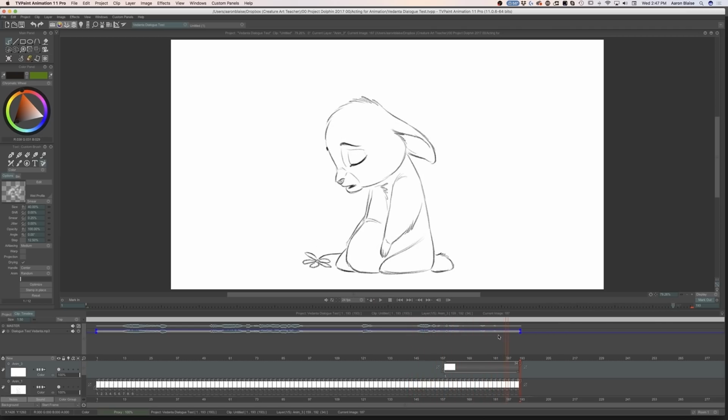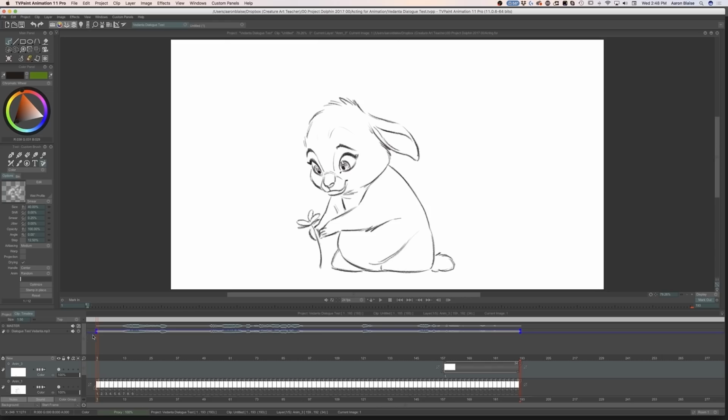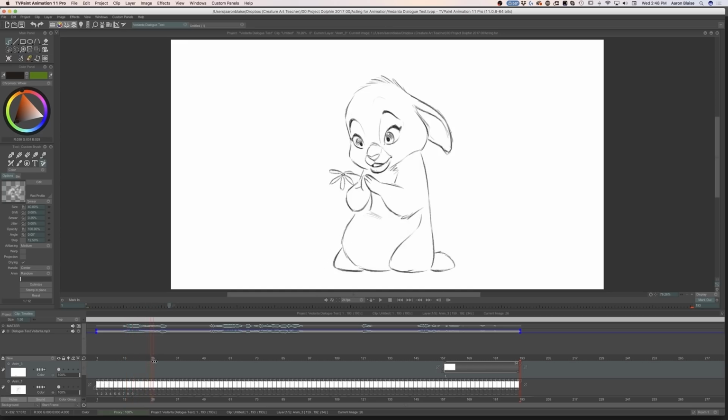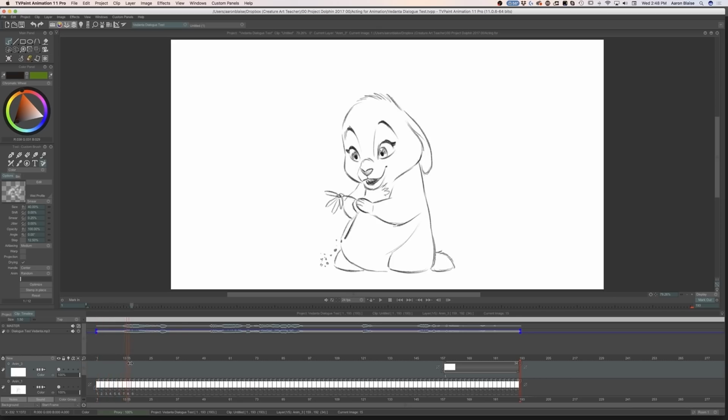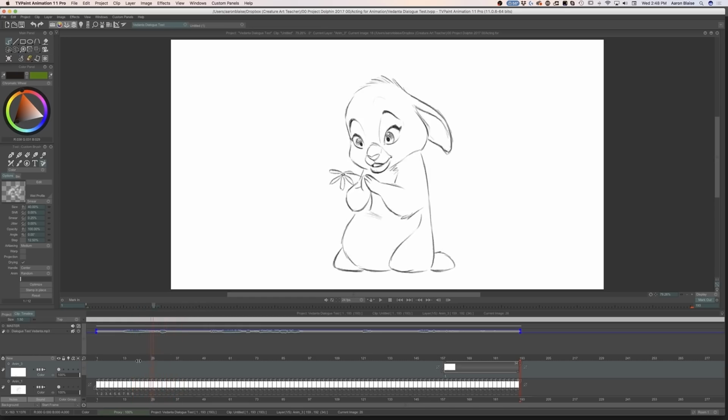So you can see there's a lot of drawings that are close together because this is a very sensitive scene. There's not a lot of movement in there. Just the changes from pose to pose, and then the extra animation of the overlap of the ears, the drag of the arms, the drag of the flower, that sort of thing. But even little things like this really help. When she pulls the flower from the ground, when she picks it, I stretch it, and then it pops into place. You can see pop. And then the flower drags a little bit. It's just those little touches that really help sell it.